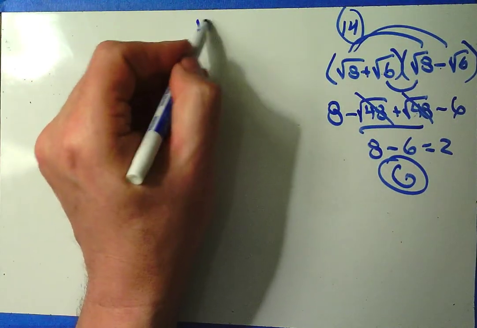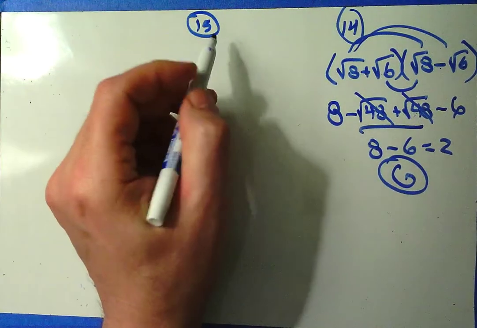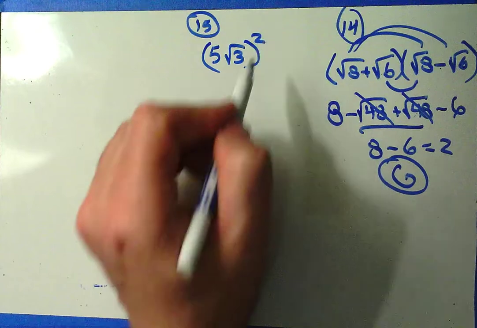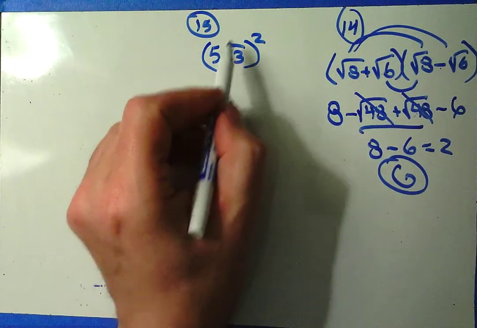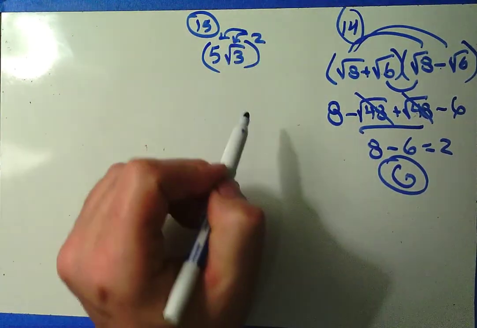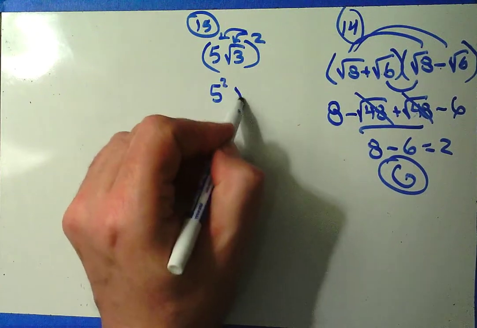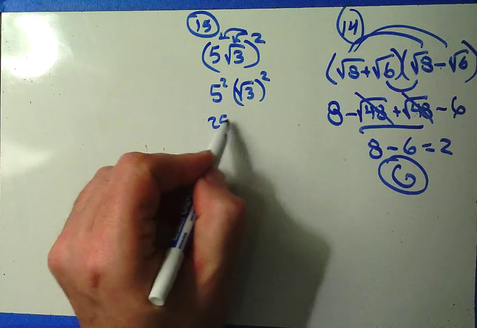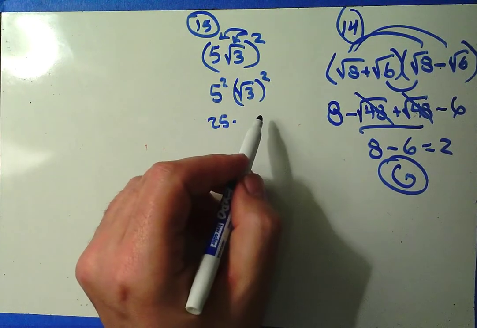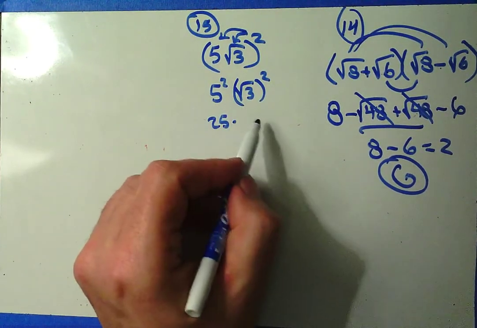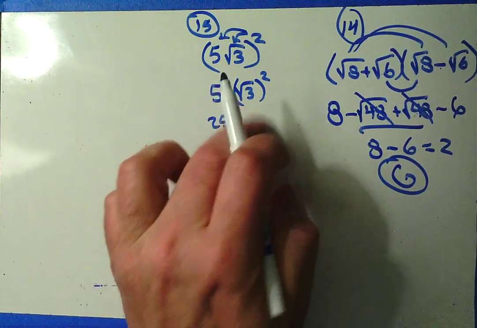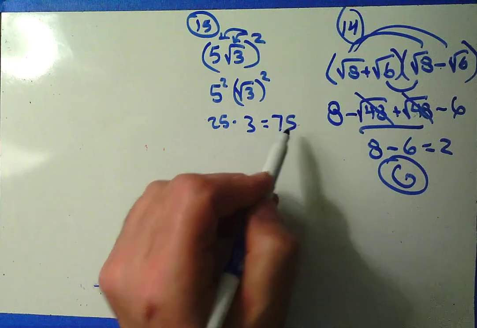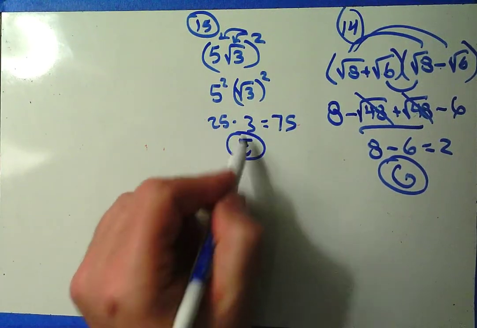G for number 14. 15. We've got 5 root 3 squared. Well, there's no plus or minus sign here, so I can apply this exponent. 5 squared, root 3 squared. Well, 5 squared is 25, and root 3 squared is root 3 times root 3, or the square root of 9, and the square root of 9 is not 9, Mr. Kukla, it is 3. And so I get a value of 75 here, which is why E is my choice